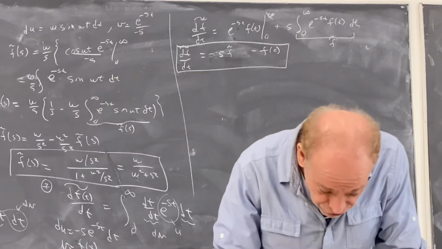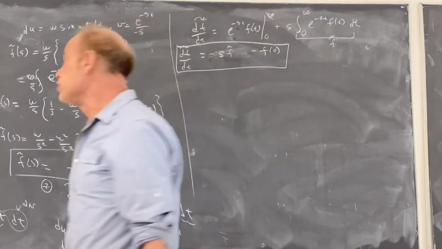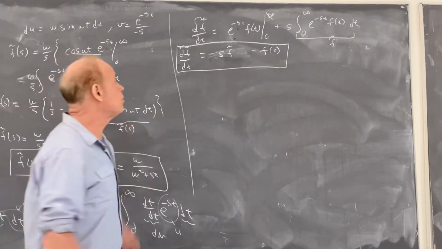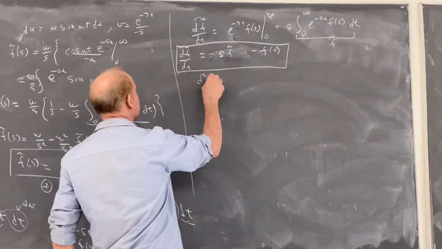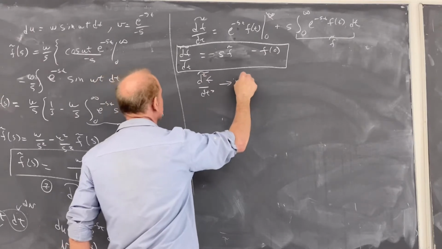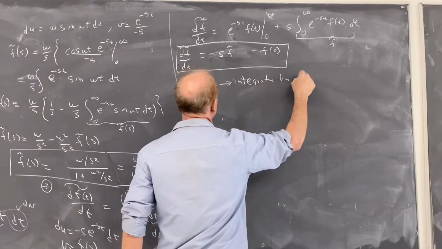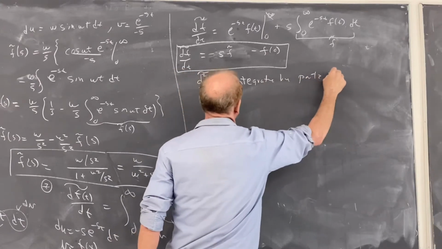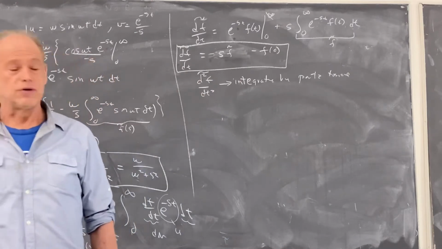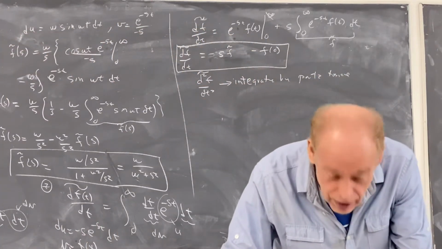So if I have a differential equation, the derivatives disappear. And I can extend this to higher order derivatives. I can do the same thing for the second order derivative. For the Laplace transform of d squared f/dt squared, I just integrate by parts twice. For the third derivative, I integrate by parts 3 times, etc. Any questions on that?